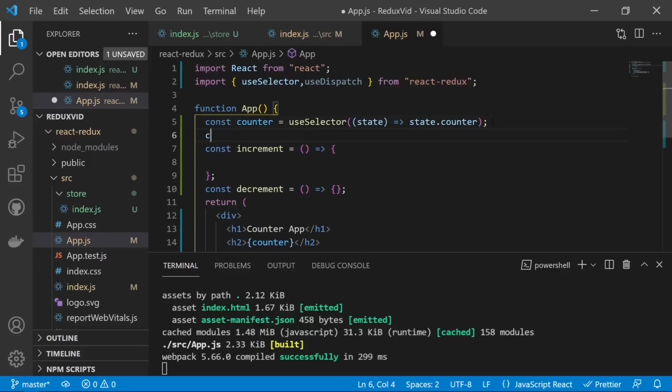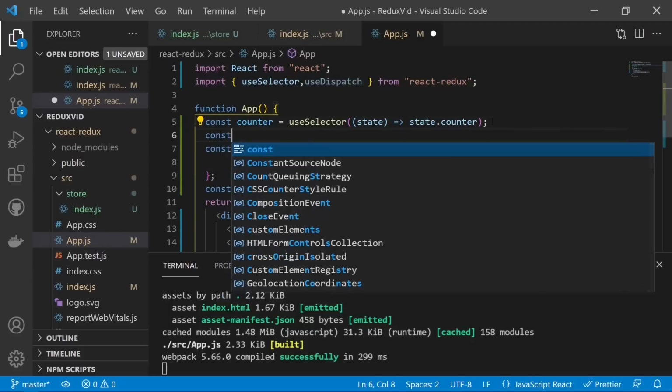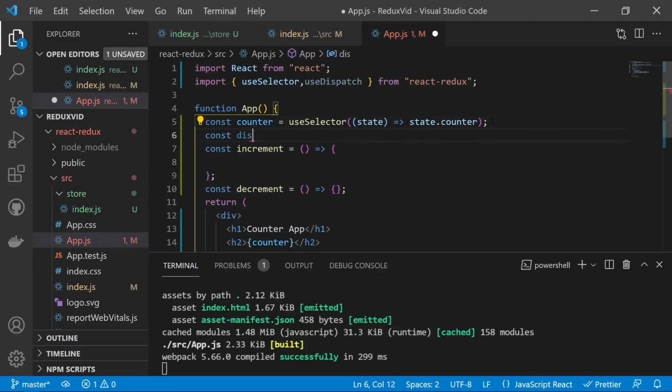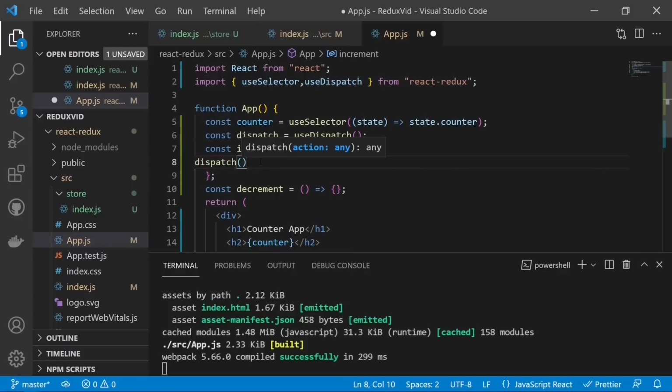So in the App.js, for the increment, if I now use dispatch, first we have to give a variable, const dispatch, equal to useDispatch. So now we are giving the reference of useDispatch to dispatch. So it will be dispatch, and in the dispatch we have to provide an action. For the action, if I provide an object, first it will contain a type property. So the type, if I provide it as inc, increment,